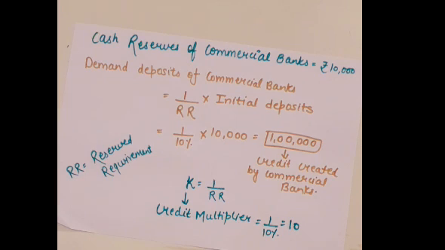2,710 will be kept as cash reserves and the rest amount will be offered as loan. Fine. So the loan amount will be shown on the liability side, how much loan you have created, and it will be the same on the asset side also, but what will the name be on the asset side? Deposits. Fine. So this was the topic of money creation.